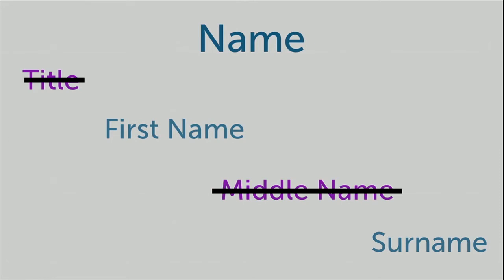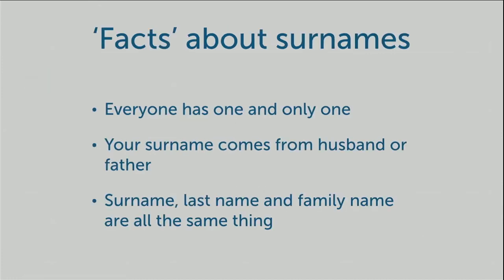So now we've established that a name is a first name and a surname. Here's some facts we know about surnames. You can kind of tell where this is going because I've put comedy quotes around facts. But here's some facts we know about surnames. We know everybody has one. We know everybody has one surname,